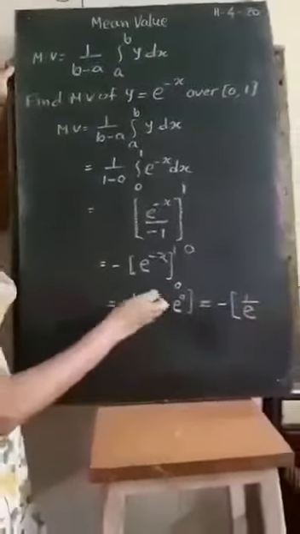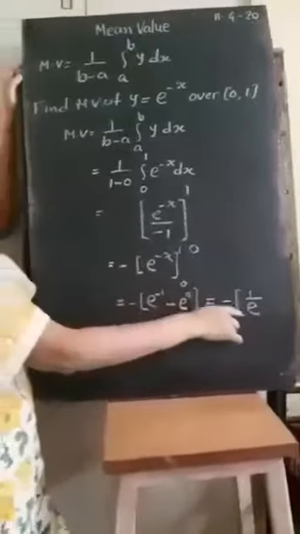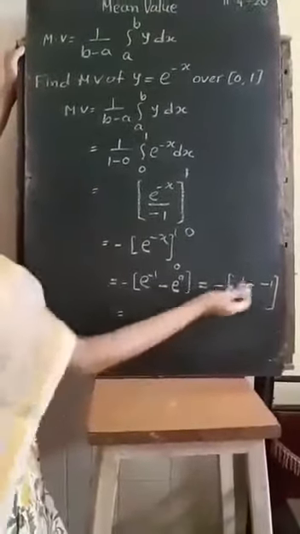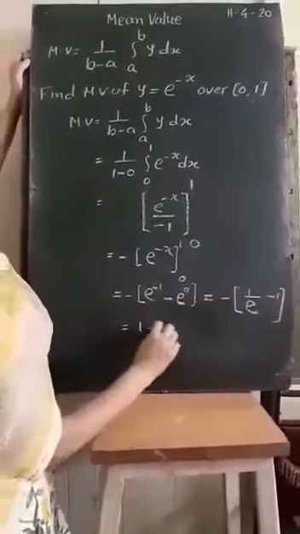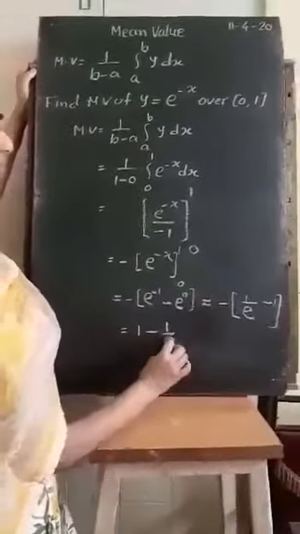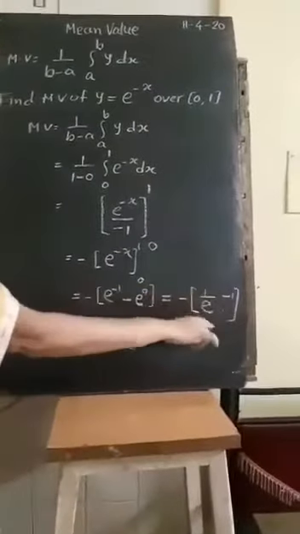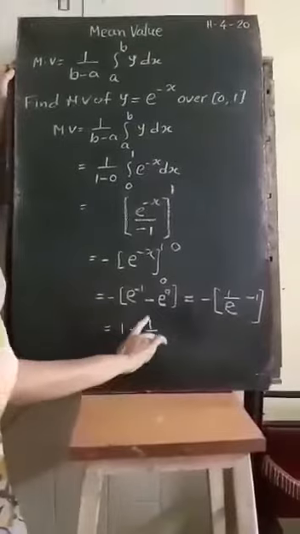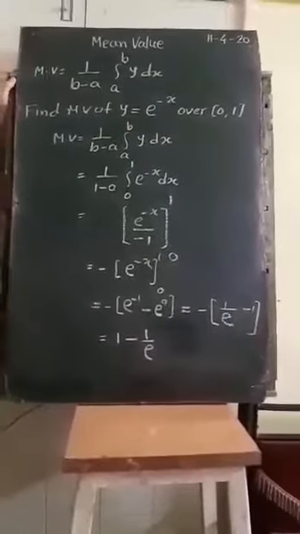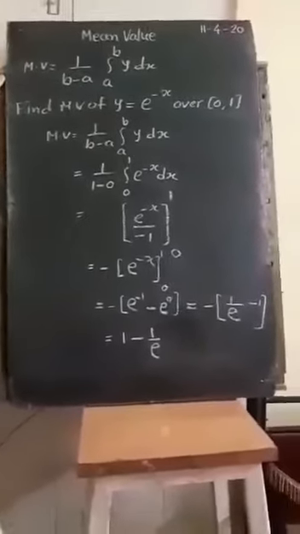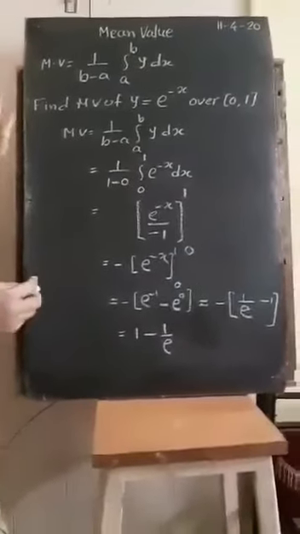So it will be minus of, and e raised to minus 1 is 1 by e. The power is minus, it will come down. So it will be 1 upon e minus 1, minus of that. So if you want, you can make it plus as 1 minus 1 upon e. Multiplying by minus sign, this minus will become plus. So it will become 1 minus 1 by e. So is this example clear? Okay, so I think I will take one more example.